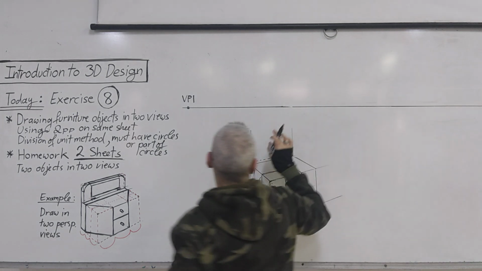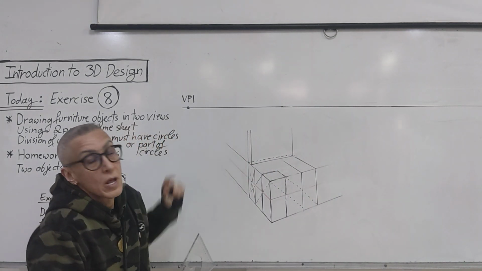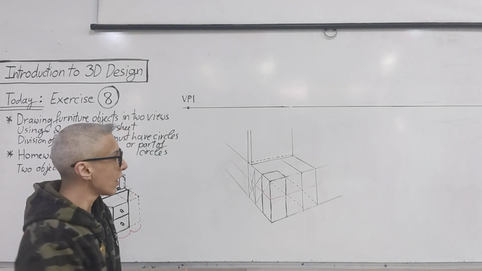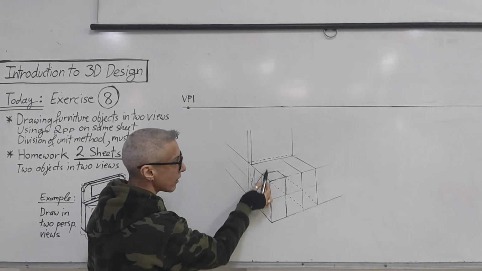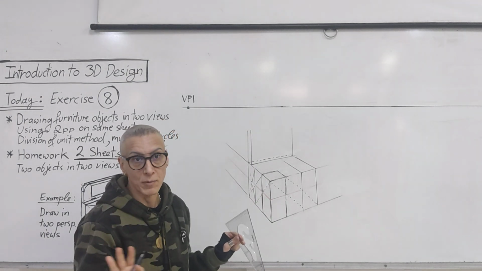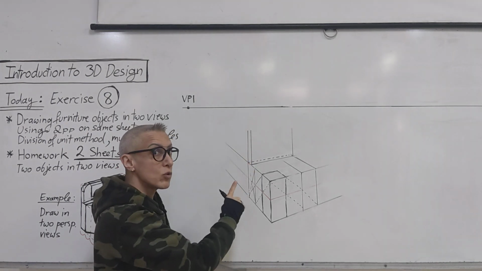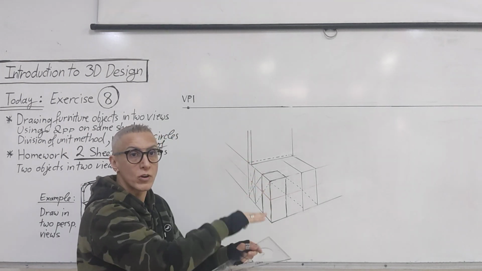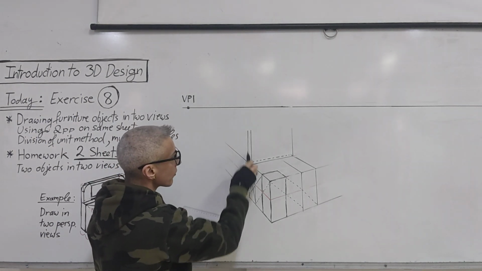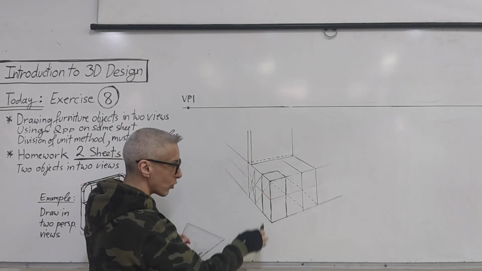Now, the height of this object. We don't have measurements here. If I give you measurements, then you have to go from the first edge and measure from here. But for now, we are not using measurements, so it's just proportion. One thing compared to another thing. So, if I want, for example, this object to be half of this object,